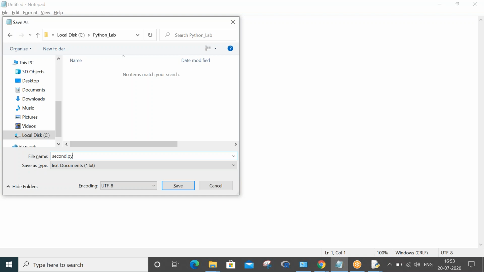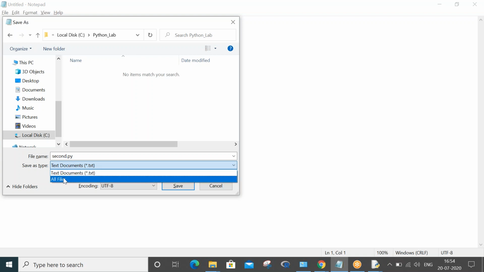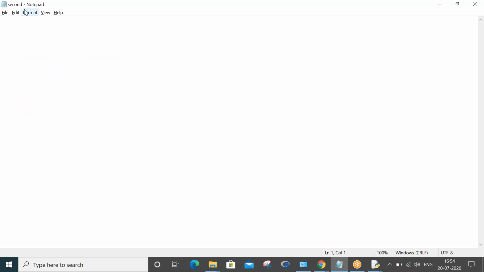Notepad is not Python supportive. The moment you provide the .py extension, only then will the txt file be moved into a Python file. After providing .py, you have to save as type All Files. Okay, then click on save. Now this second, hyphen Notepad, which you can see, is not a text file anymore, this is our Python file.